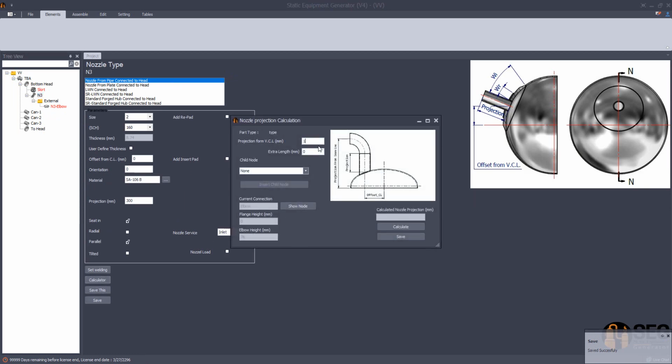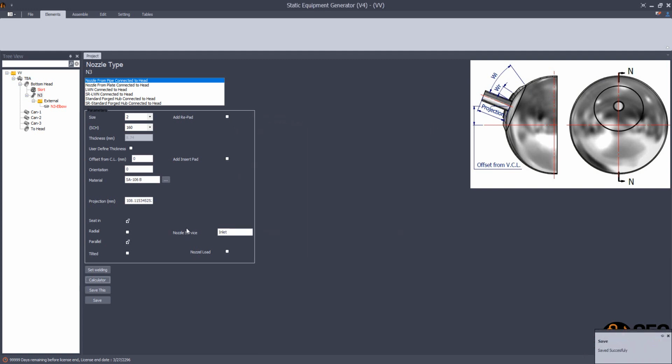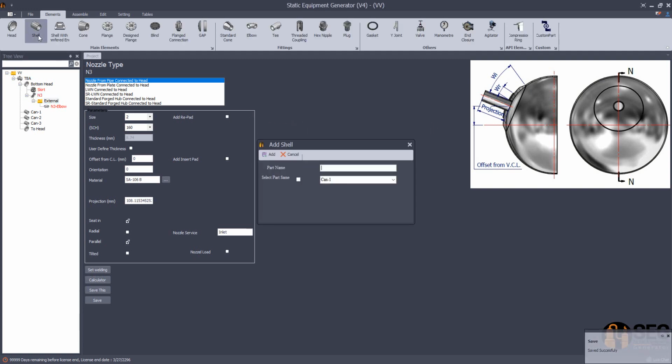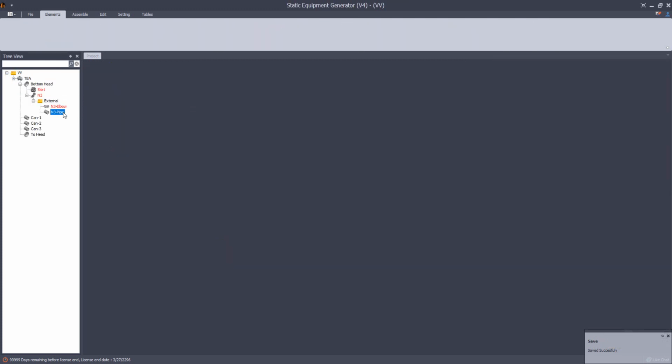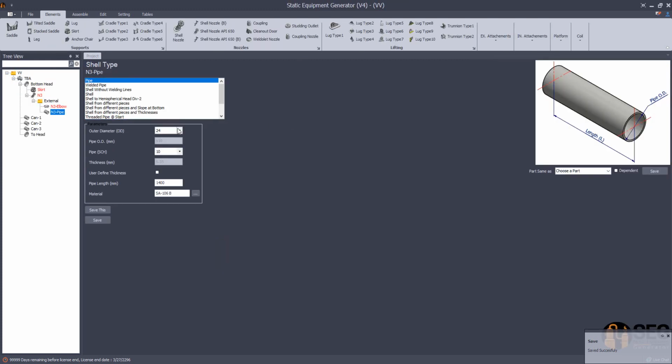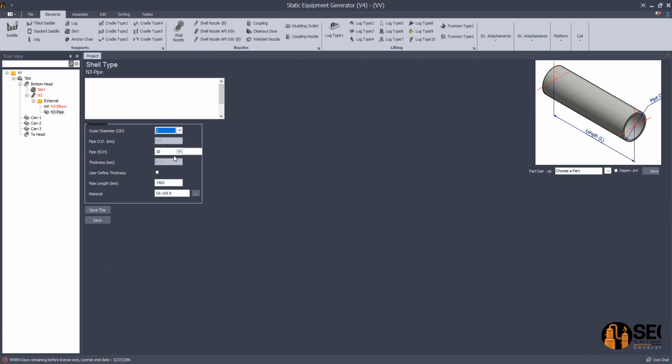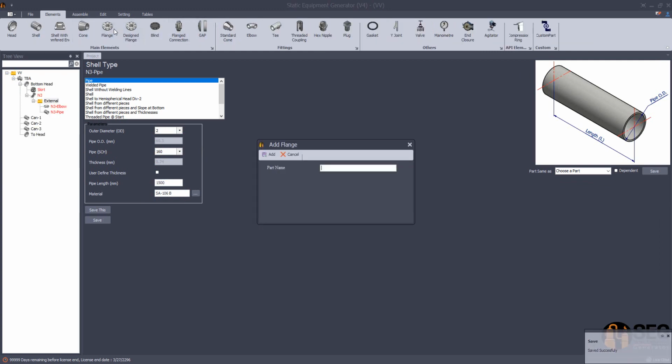From the calculator here, that's the projection, and let's calculate the actual nozzle projection according to the image here and click on save. Now let's add another pipe in 3D, pipe. Keep the type as pipe and select the size to be 2 inches, schedule 1500. Let's add a flange in 3D, flange